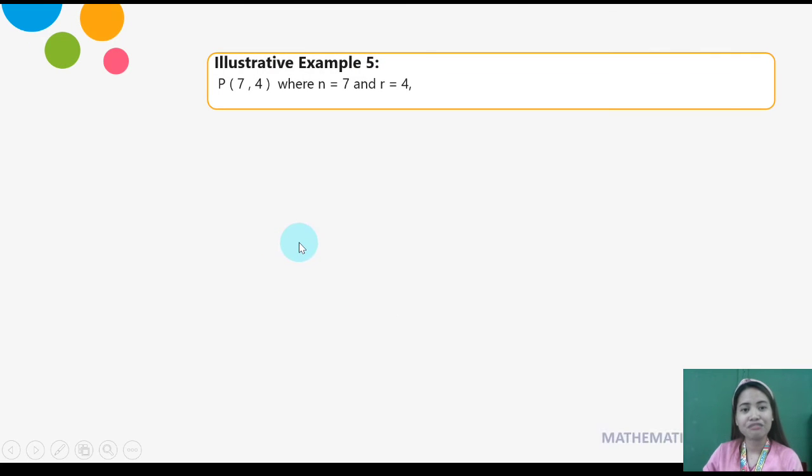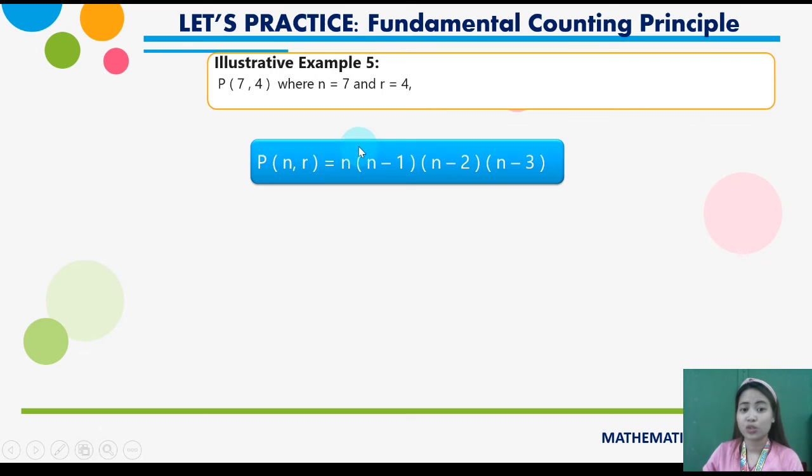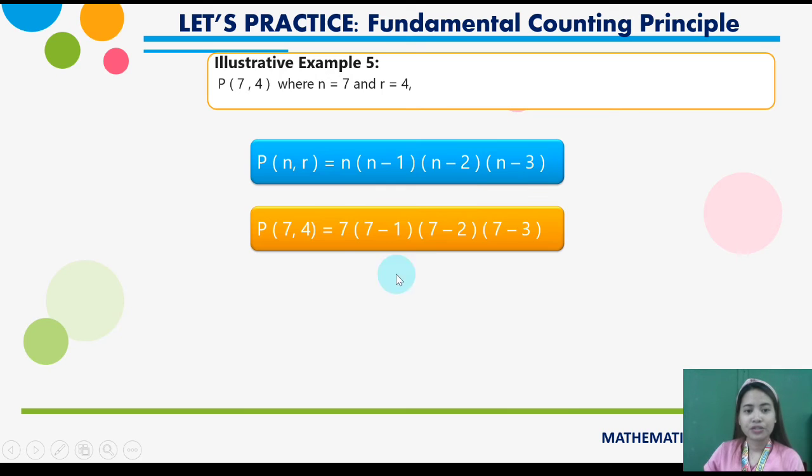Okay, next we have permutation of 7 and 4, where n is equal to 7 and r is equal to 4. So what will you do? Since we have this theorem, permutation n r is equal to n quantity n minus 1 multiplied by the quantity n minus 2 multiplied by quantity n minus 3. So therefore, we have